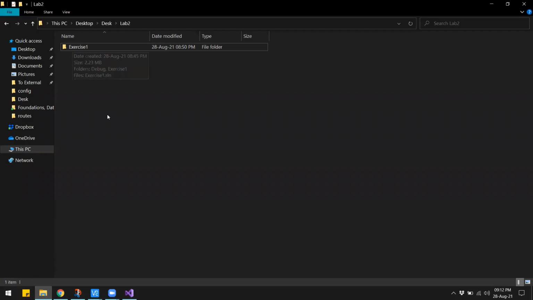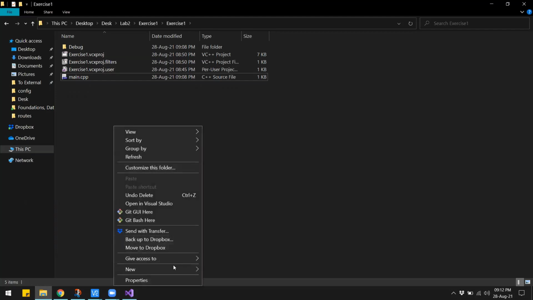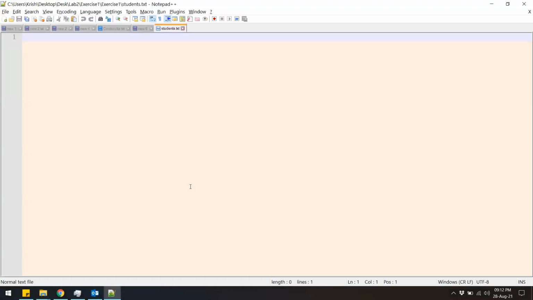So I'm going to save the content into my PC in the same location where you have saved your code. So my main CPP file is inside my exercise1 folder, right? So wherever your main.cpp is, at the same location, you are going to create a new text file. I'll call this students, and inside this file I am going to save it.